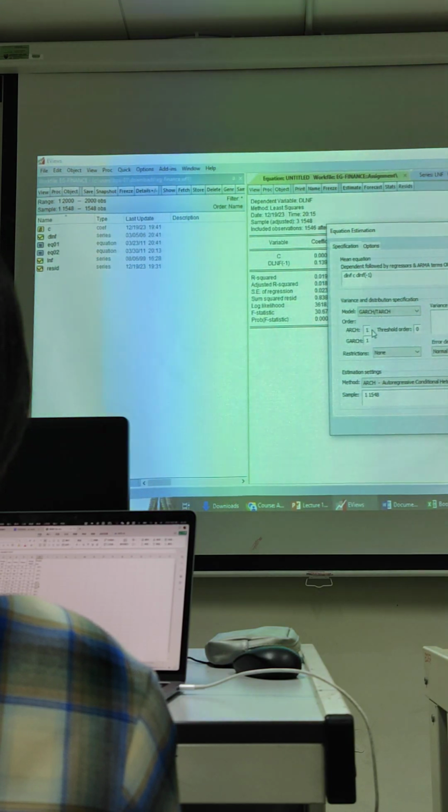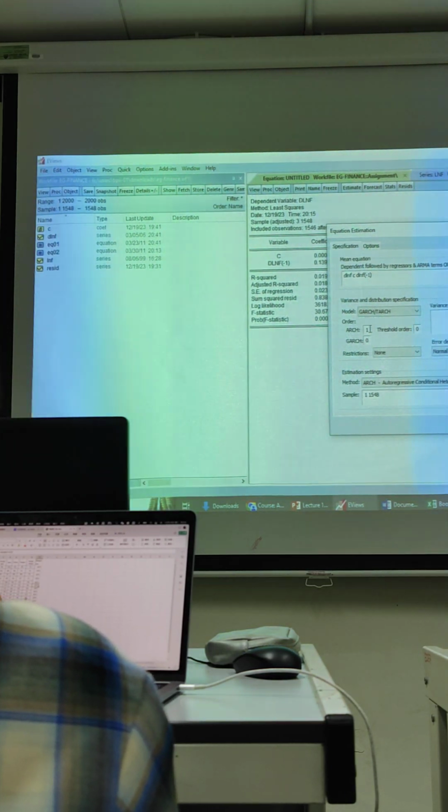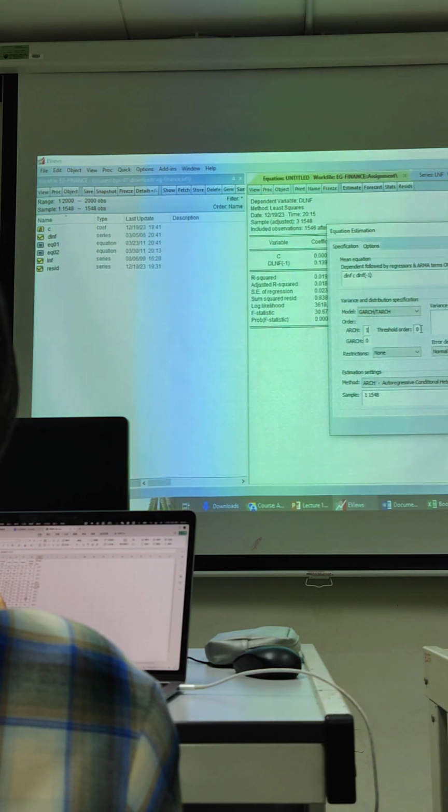So now I want to show you how to run the ARCH model with the P component as 0. You set P equals to 0 because remember we just focus on the ARCH model, just the Q only, right? So Q is 1, so Q set equals to 1, and the threshold is 0, and the GARCH is 0. GARCH here refers to the P, right? So this value only appears when you have the GARCH effect. If you want to capture the GARCH effect, then you set it to 1. So you first start with the 1 here, ARCH 1. Then you click OK, click OK.